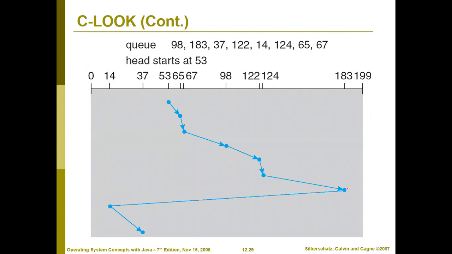You go to one end and then you return back, and this time you won't count, then you are again servicing back. This is similar to C-SCAN, but here the difference is you are not going all the way to the end, and you are not returning all the way to this end. So this is a perfect one which other algorithms can't compete with.